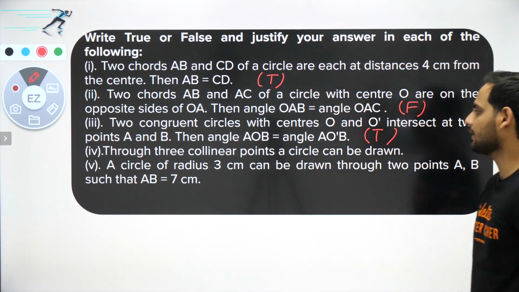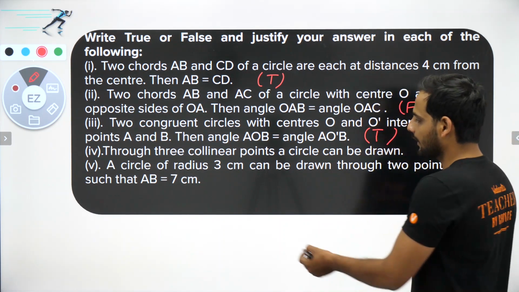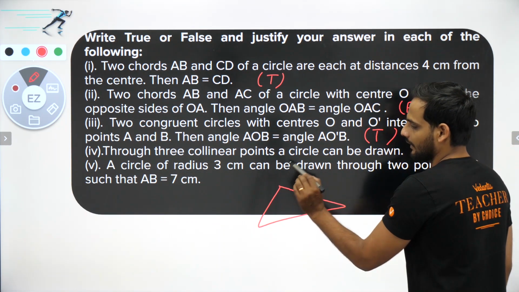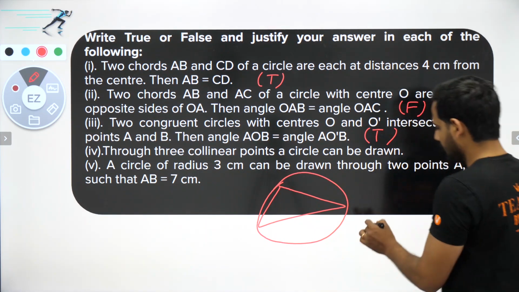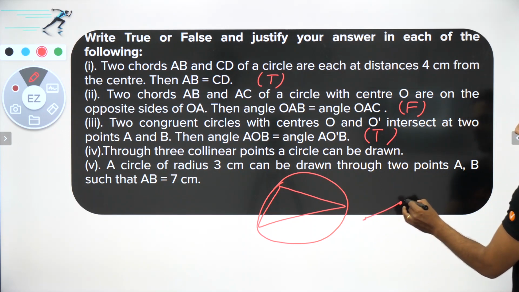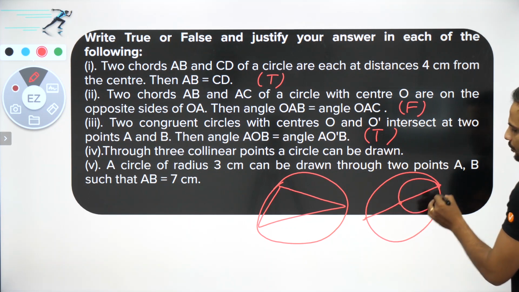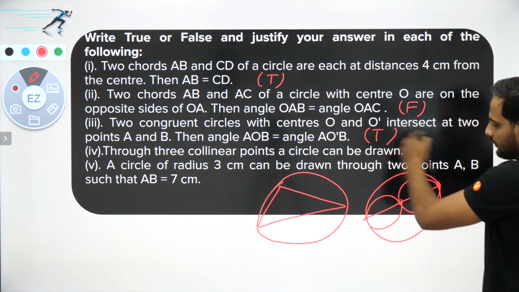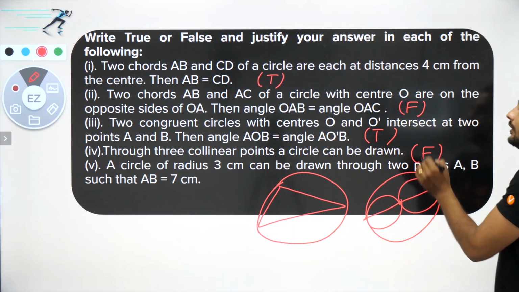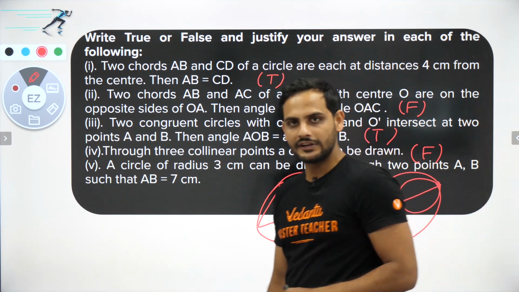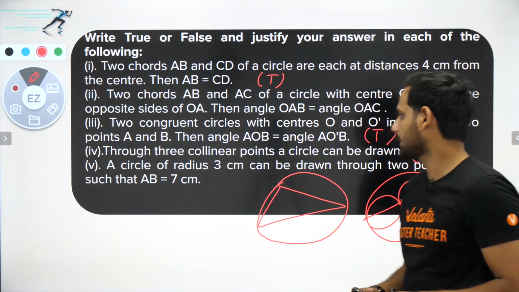Now, through three collinear points, can a circle be drawn? Obviously not. You know that if it is any triangle, you can draw a circle through all the 3 points. But when the 3 points are collinear, maximum you can draw a circle which can pass only through 2 points. You cannot draw a circle which will pass through all 3, correct? So this will be false. Through 3 non-collinear points a circle can be drawn. That is the correct theorem, correct? So the next part is